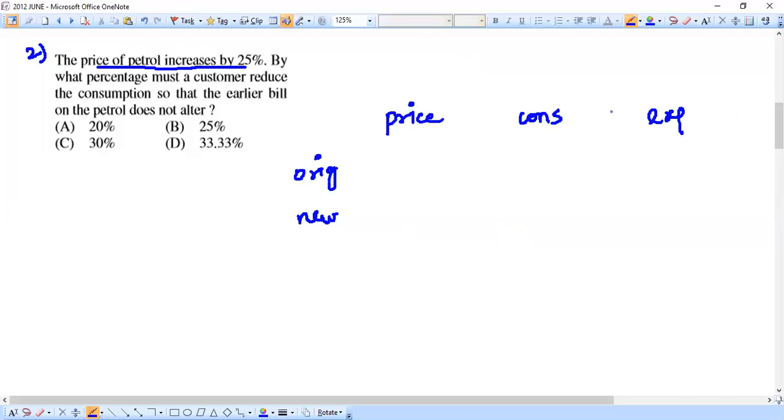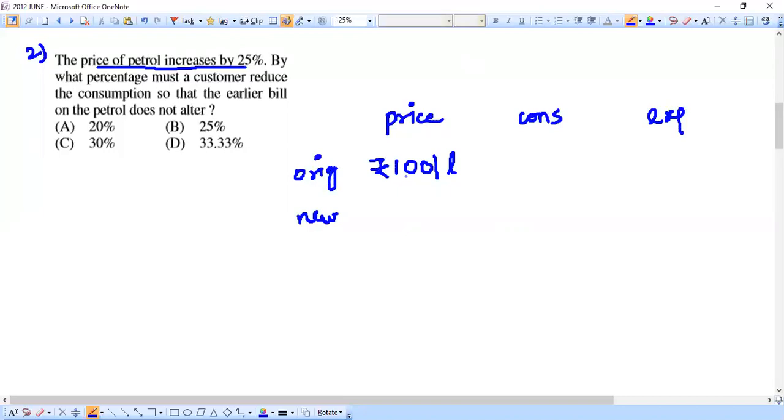This is the usual way we always proceed with this kind of percentage question. Let's proceed the same way for this question also. Let's have the original price. As usual, we'll take the original price to be 100 because we play with percentages. 100 would be a very nice number. So original price of petrol, let's have it to be 100 rupees per liter. It is actually not 100 rupees per liter. Maybe we can expect it in days very soon.